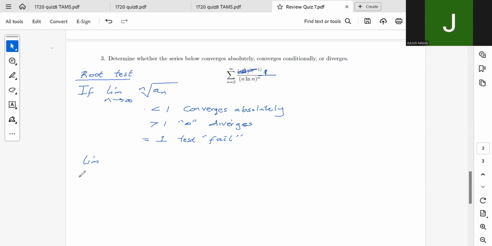So we have limit as n approaches infinity of nth root of now this without a minus, 1 over n nth root. So this is what we did in class. So we have limit as n approaches infinity of 1